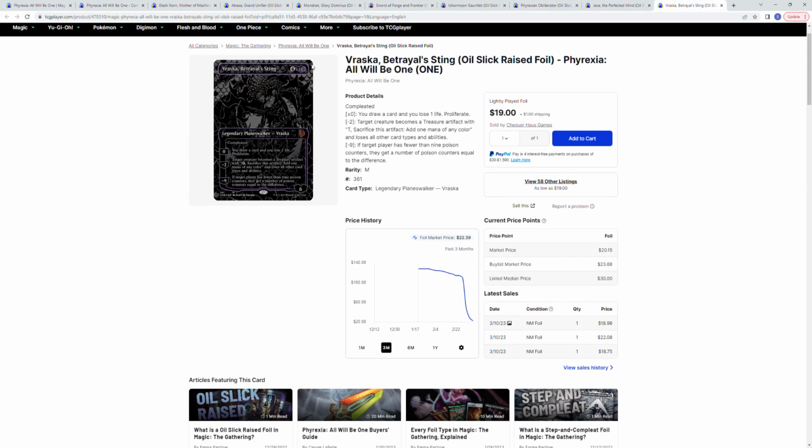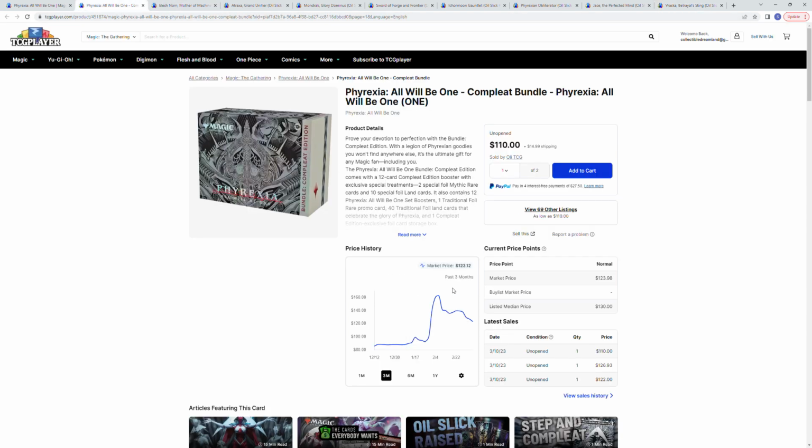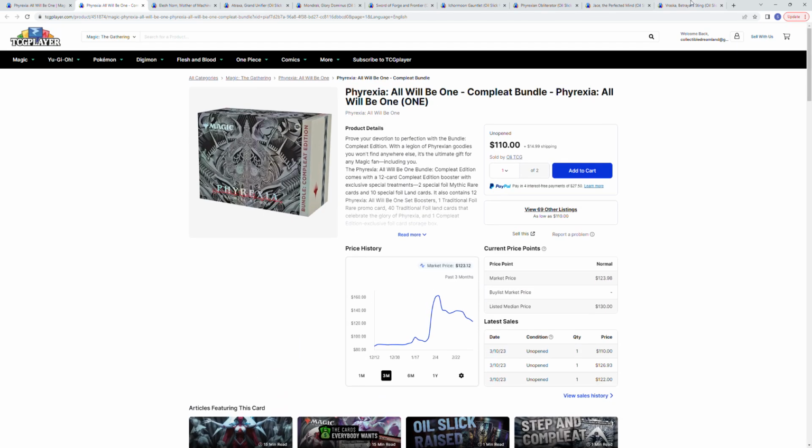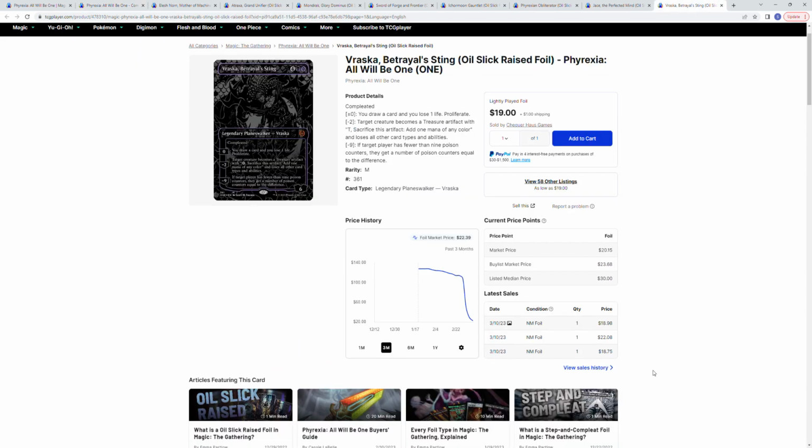wow. If you were buying these bundles for 120, 140, 160 at their peak, current lowest listing, 125, and then you pull, because each one of these only has like 2 oil slicks in it, right? It's just a pack with like 2 cards or 3 cards. Maybe it's 3. But can you imagine paying $160 and then getting 3 $20 cards? And this isn't even,